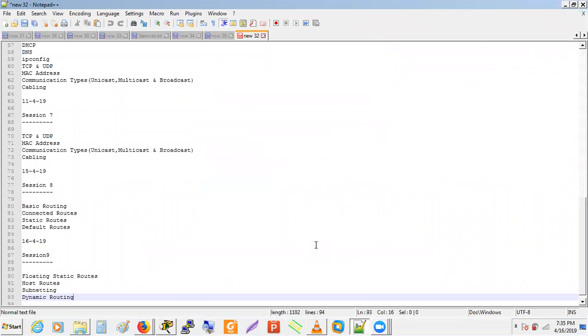So guys, we have covered 8 sessions so far. Up to yesterday, we have covered basic routing, connected routes, static routes, default routes. And today we are going to start with host route first,